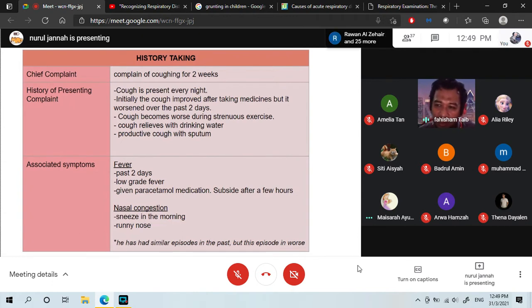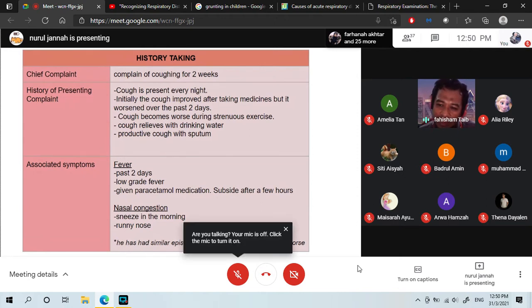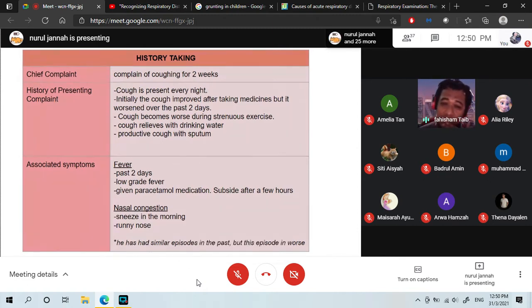If this is relevant history, to state this is asthma, to highlight the diagnosis, then you should tell it, okay? You cannot tell it at the end. The examiner will think, do you understand the problem or not? If you put it in the past medical history, the examiner will wonder whether you really understand the problem, or you are just taking the history superficially. So it is important for everybody to highlight if this is significant history.